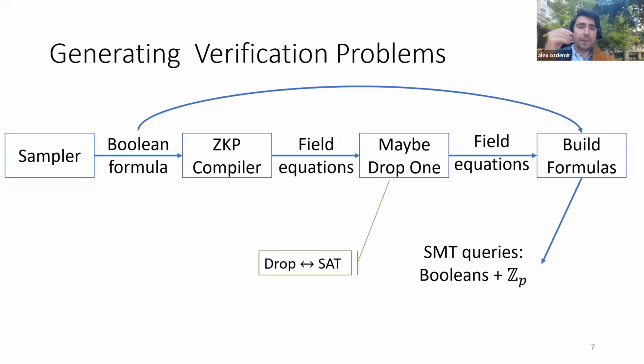So why do we consider dropping some of the compiler's output? Well, for these benchmarks, we're testing very simple inputs to the compiler, just Boolean functions, nothing complicated at all. We expect the compilers are actually going to be correct on Boolean functions, but we want to make sure that we have some examples of incorrect systems of equations in our benchmark set. And so the way that we do that is we just drop some of the compiler's output. It seems likely that if you just start dropping random equations from the compiler's output, your result will now be unsound. And indeed, that is the case. So by dropping stuff, we come up with formulas that are invalid, or also known as satisfiable,